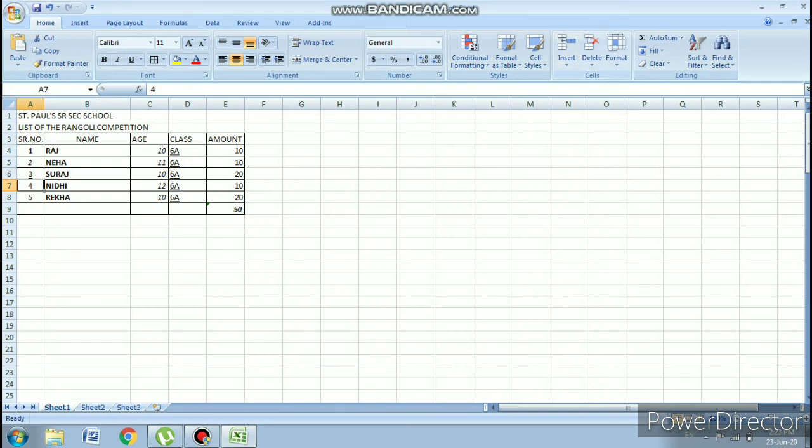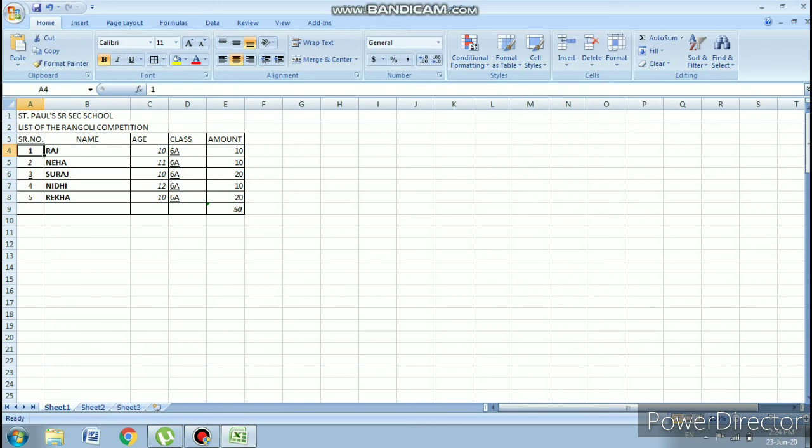Now come to the alignment. Here you can see the alignment is given. Alignment will allow you to modify the position of your text. By default in MS Excel, when you type any character it goes to the left. When you type any number it goes to the right. You can see over here, but according to your wish you can change the place. It is called the alignment, the place of a text in a particular cell.